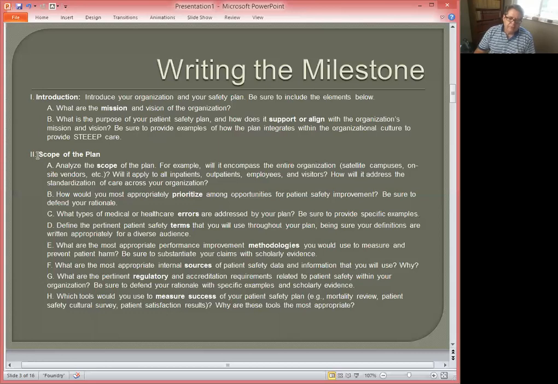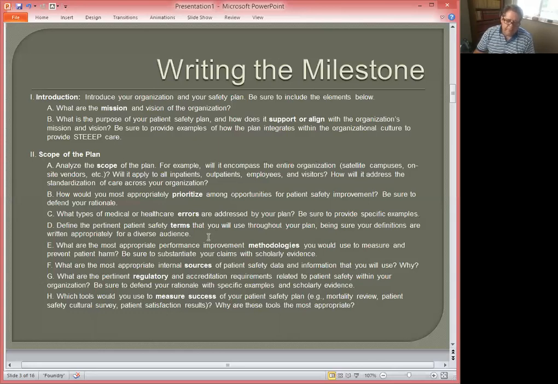And then, of course, next is scope of the plan. Again, scope should be your first subheading. Your second subheading should be priorities. Third would be errors that are addressed by this plan. Your fourth subheading would be the terms that you will use that will be specific to your plan. So for example, if you're going to use the SERPTA example from your textbook, you would definitely need to use SERPTA in its full sense, identify the infection, and then, not the infection, but the reaction,